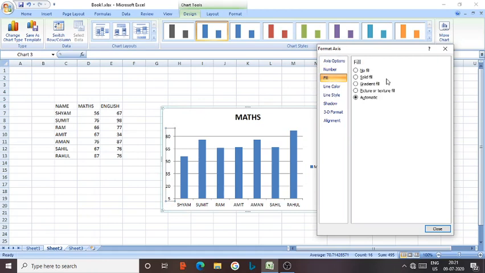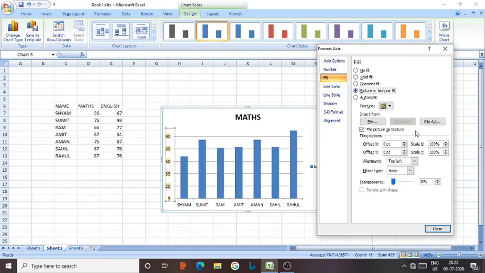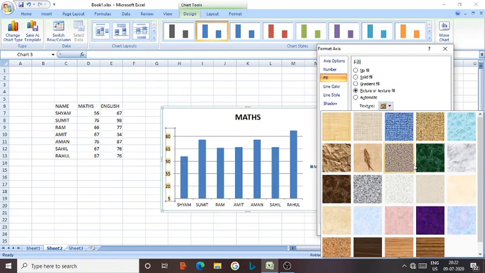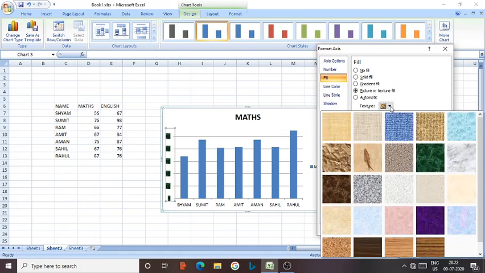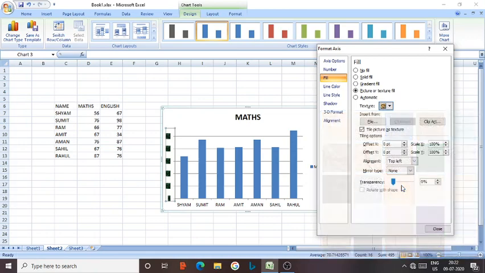In the third option, you can have pictures in the background also, picture and texture. In that case, we can put a picture in the background of the numbers. Okay, so like that we can do. Line color also, if you do not want it, you can select the normal one.